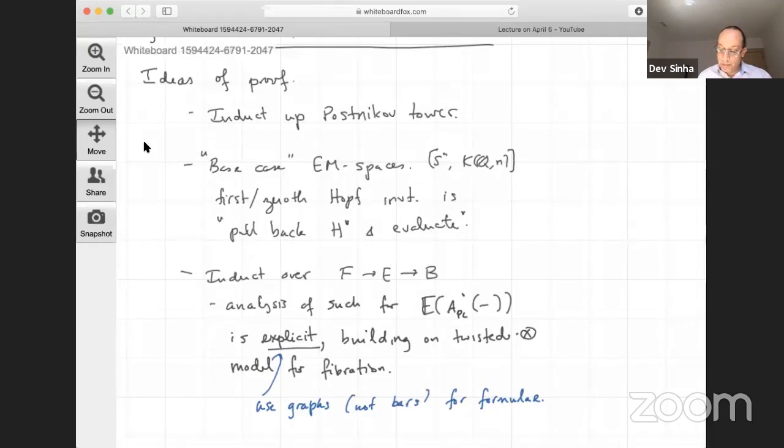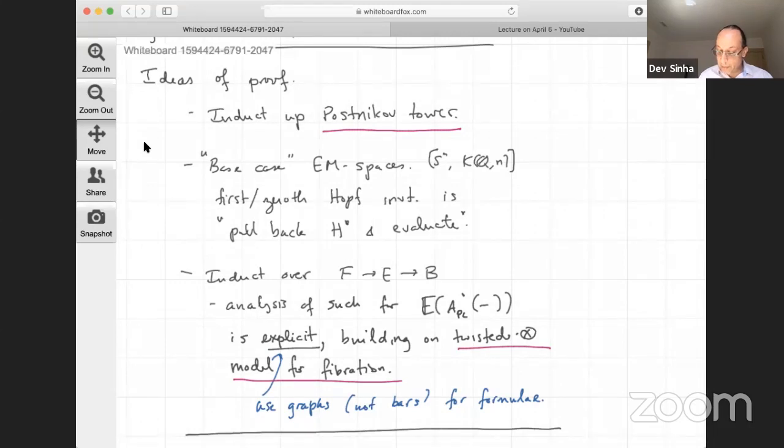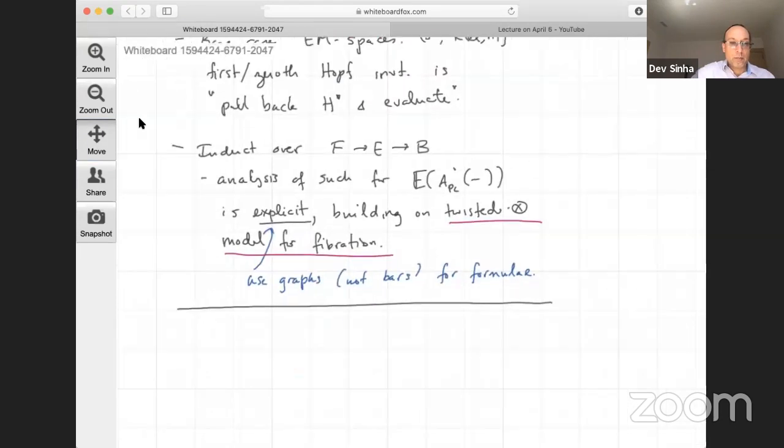You just need, again, I'll put it in red, the Postnikov tower, and you need this twisted tensor model for a fibration. Those are both pretty elementary aspects of rational homotopy, and we get the isomorphism of the homology of this Quillen functor with homotopy groups. So, despite my promise in email, my apologies, but I think I'll learn what pacing is better as I go on. I'll just now promise for next time we'll talk more about